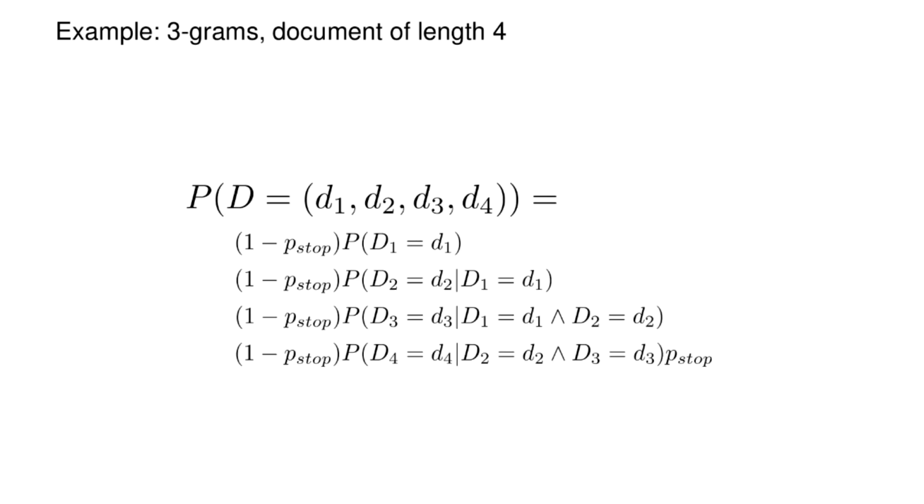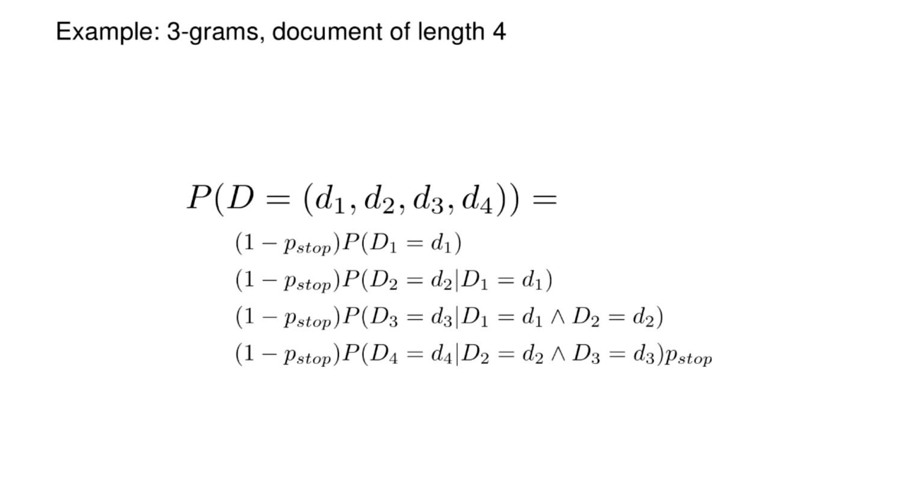So every time I have to check that I don't stop already at the beginning, then the probability that the first word is D1, then I don't stop, then the probability of having D2 conditioned on D1, then I don't stop again, 1 minus p stop, then the probability of D3 conditioned on the first 2,